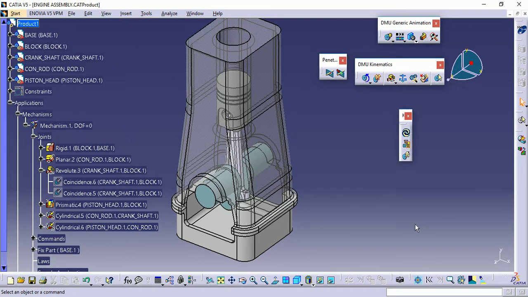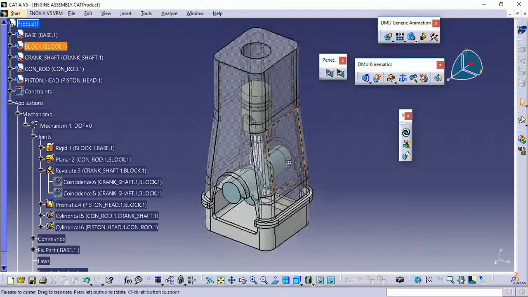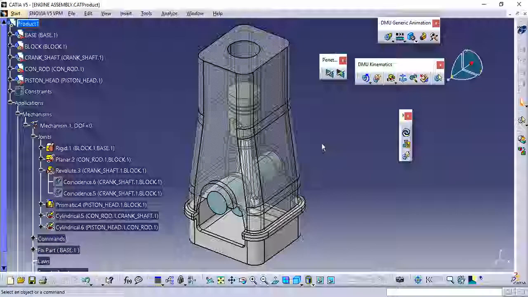So to conclude, here we have seen that starting from a simple 2D drawing, we have created a part model. Then again, we have created an assembly. In the assembly, we have also seen the animation. Again, I would like to mention that in CATIA, if you are using any part in the assembly, and you make changes in the part, then automatically those changes are reflected in the assembly, and vice versa is true. This is bidirectional associativity.